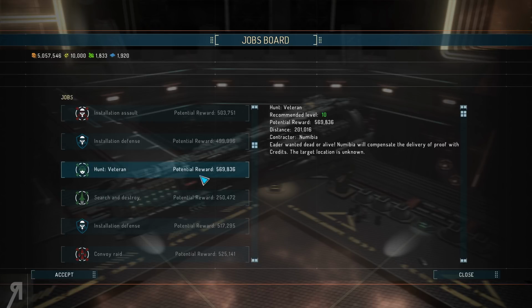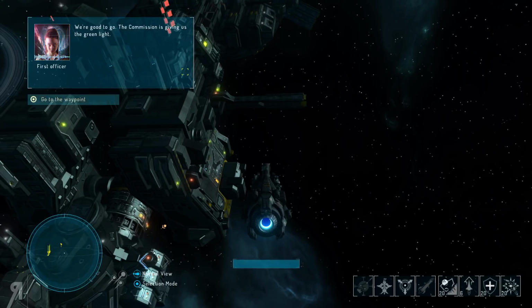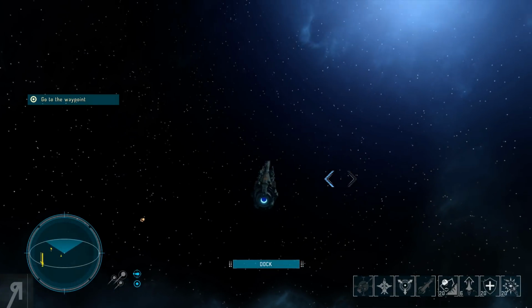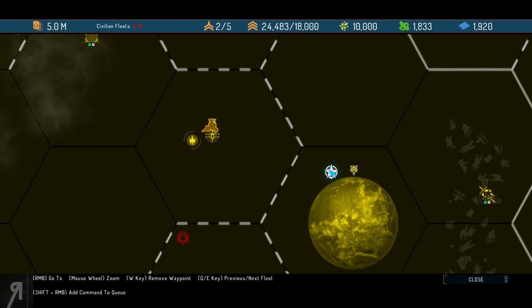This is what I want to do. I want to do one of these. This is a fantastic mission to demonstrate some of the other facets of the game and to take our Numibia ship into battle for the first time. So let us zoom out the camera a little bit, and we're going to go... Oh, it's a bit close to the planet. I'm not a big fan of going to the planet, actually, because...